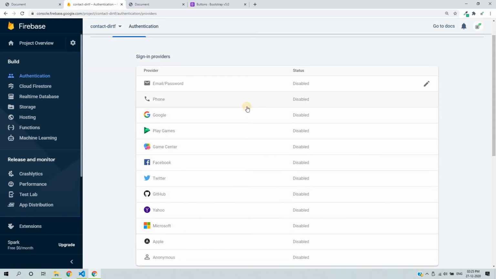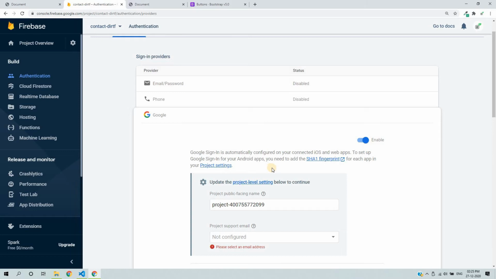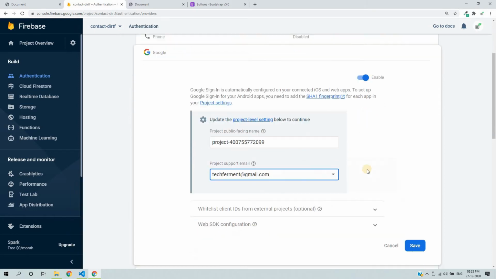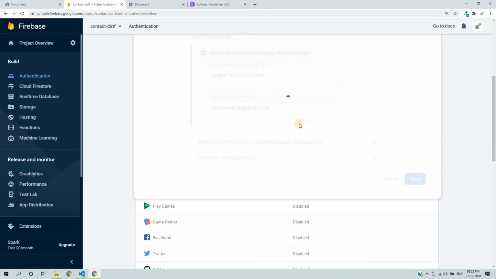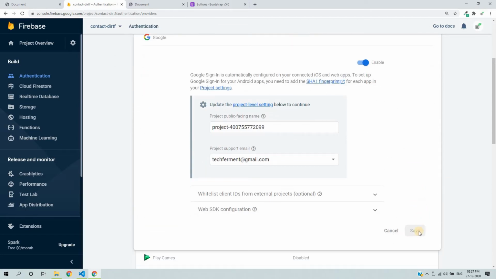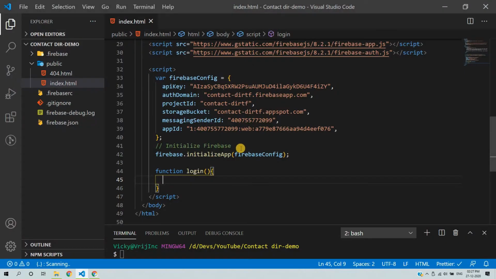You can use any method. So right now in the video we will use a Google account. So I just need to enable authentication for the Google account, and you can select the support email ID. If there are any issues, you can mention your email ID. Yeah, so now I have enabled Google authentication. So Google Auth is enabled.